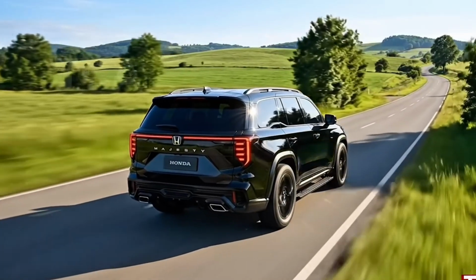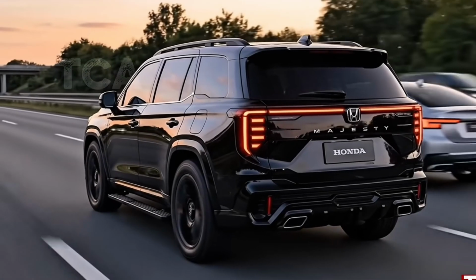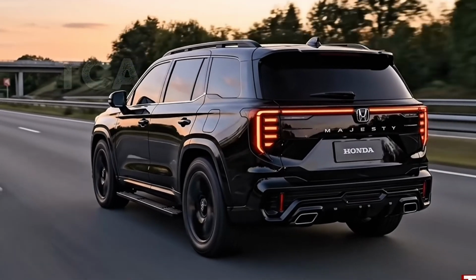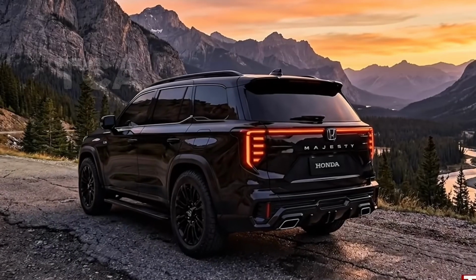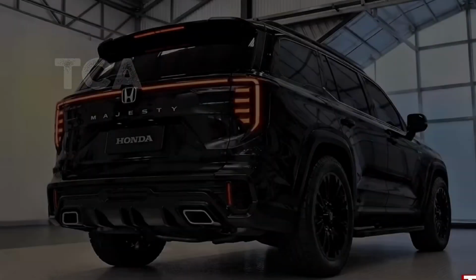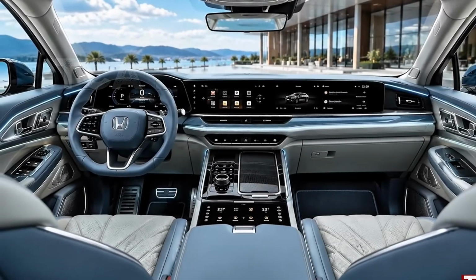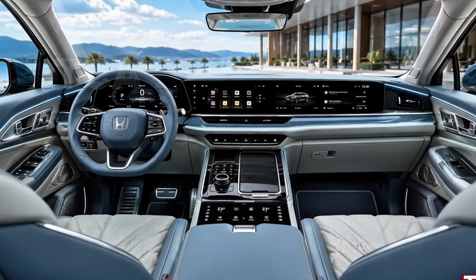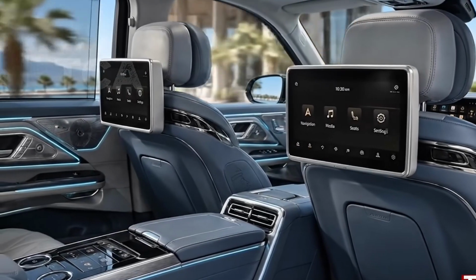Emergency steering support, intersection collision prevention, blind zone intervention, connected traffic warnings, and occupant monitoring could form a quiet protective layer around the vehicle. The cabin could also detect a child or pet left behind and send an immediate warning to the owner's phone. More advanced driver monitoring might recognize unusual movements or a possible medical emergency. In that situation, the Majesty could activate its hazard lights, maintain lane position, gradually slow down, stop safely, and contact emergency services. Technology like this is far more meaningful than adding another entertainment screen, because it could protect occupants when